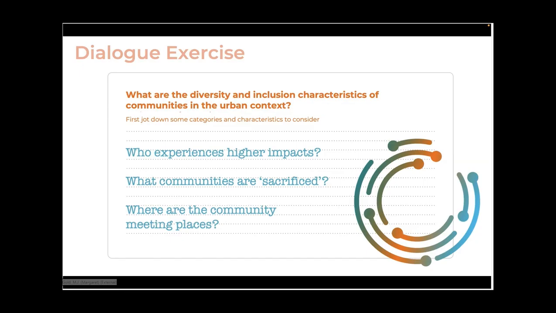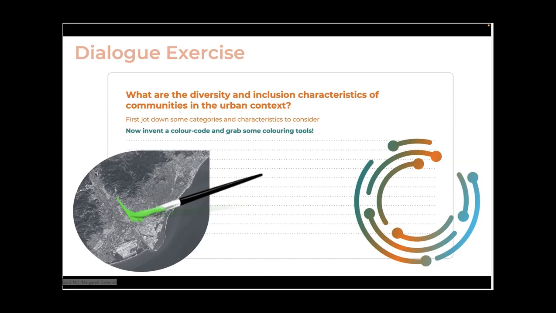it's school-age children walking to school. Now, what schools are here? Which age groups are walking through this area? And this can be another layer of mapping that you can do on top of the map,